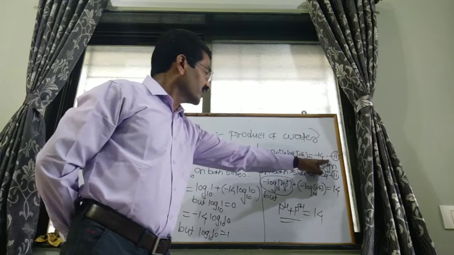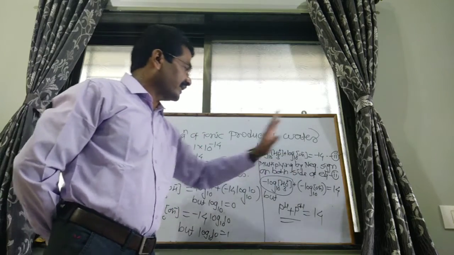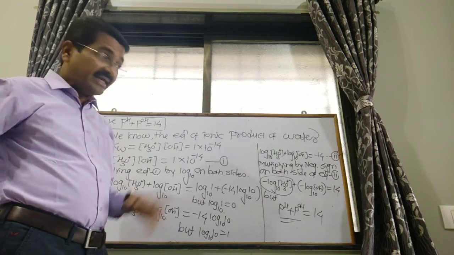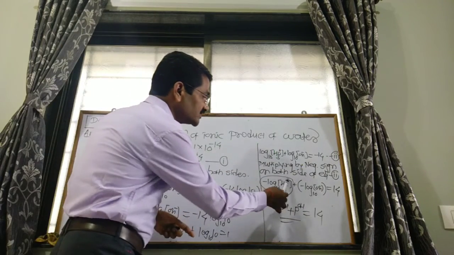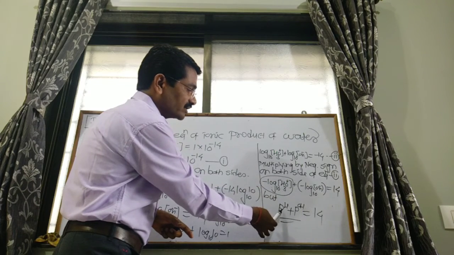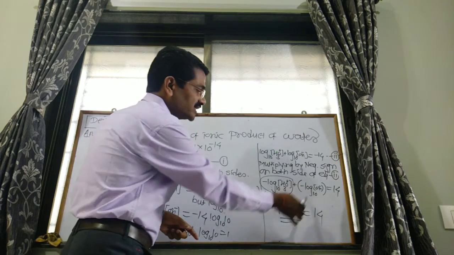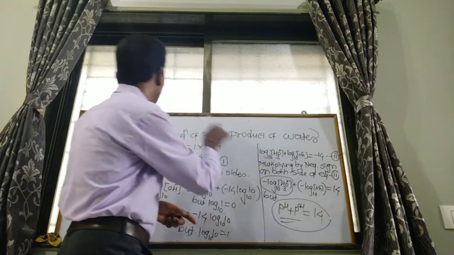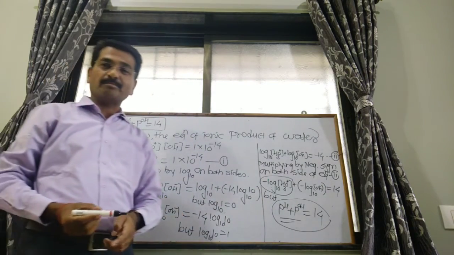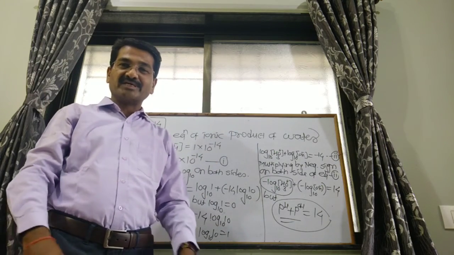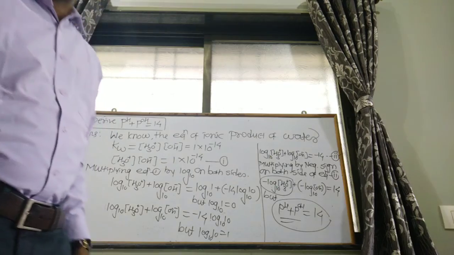Again that second equation is multiplied by a negative sign on both sides. In this equation, the negative logarithm base 10 of the hydrogen ion is the pH, and that of the hydroxyl ion is the pOH. So we get pH plus pOH is equal to 14, and that equation is derived. So this is pH plus pOH is equal to 14.